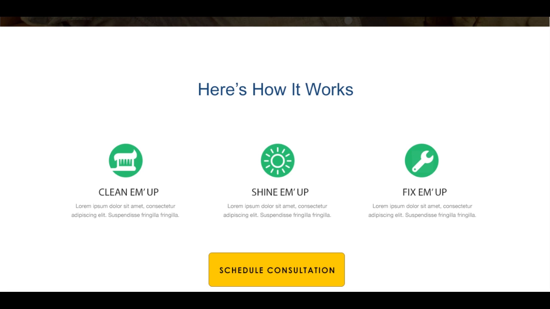So clean them up, shine them up, fix them up. You're going to post all of your services under one of these 3 buckets, and you don't have to list them. You can literally just say, for instance, clean them up: great for school events, great for this, that, and the other. You just list out, again, the benefit to the patient, the visitor,